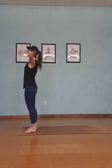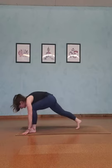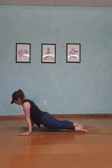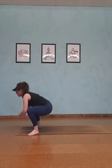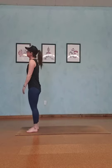2 more. Inhale up. Exhale, chair. Step it back. Option of your plank. Option of your upward facing dog or cobra. Downward facing dog. Paddle up the heels. Bend those knees. Walk, step, or jump to the top of your mat. One more time. Shake it up. Inhale